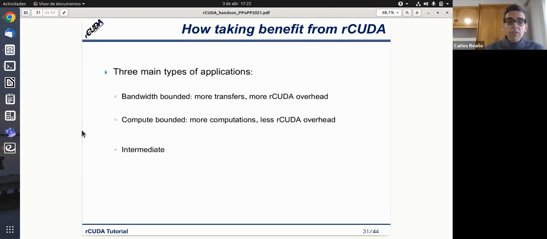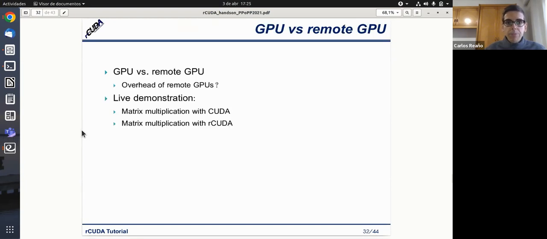And then we have an intermediate type of application, which is not bandwidth bounded and not compute bounded, it is in the middle. In this case, depending on the application, it will perform well or not so well with rCUDA.